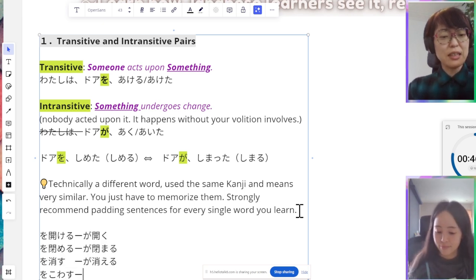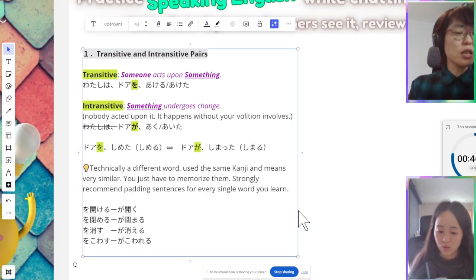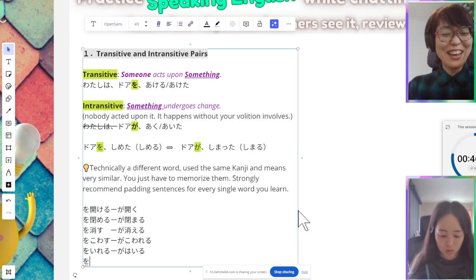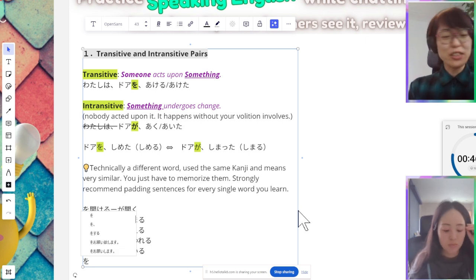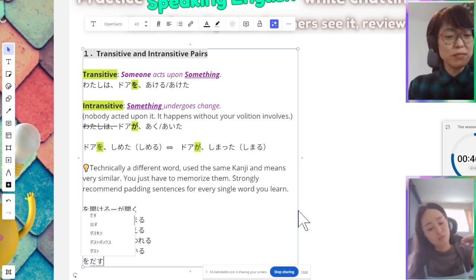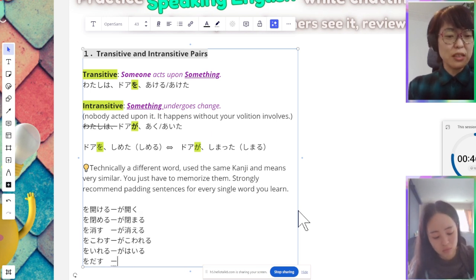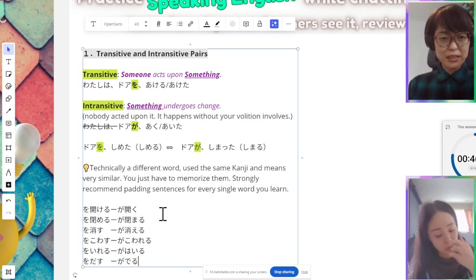And が壊れる。Let's see one more. を入れる。が入る。Oh my gosh, different sound. One more. 出る。を出す。I do hiragana for a reason. が出る。